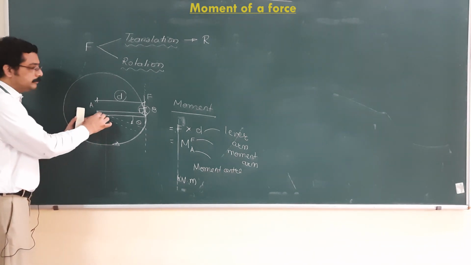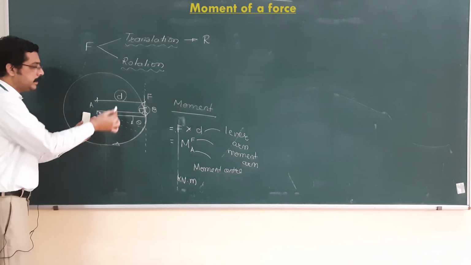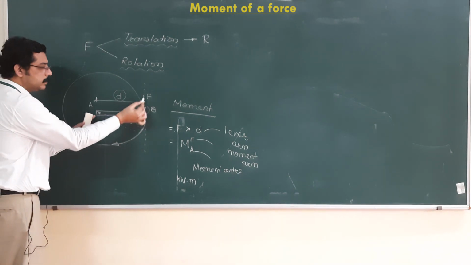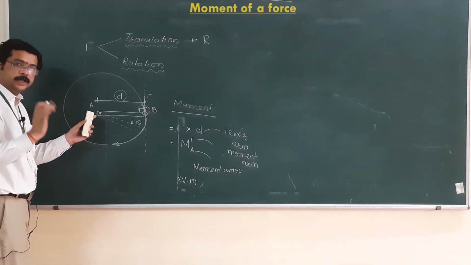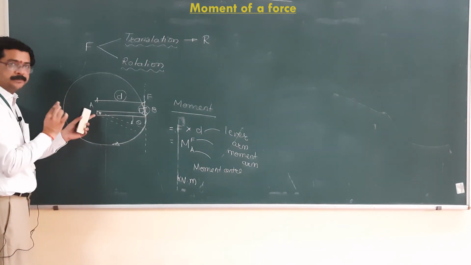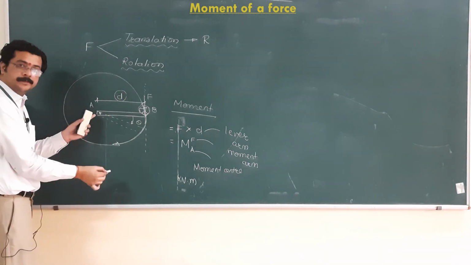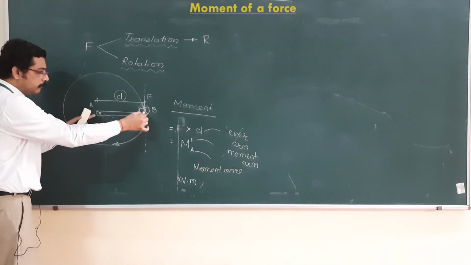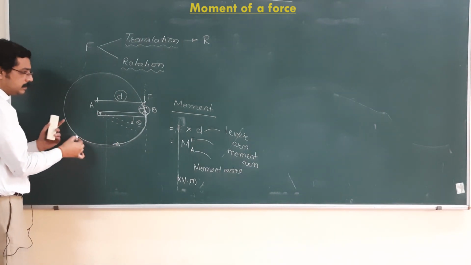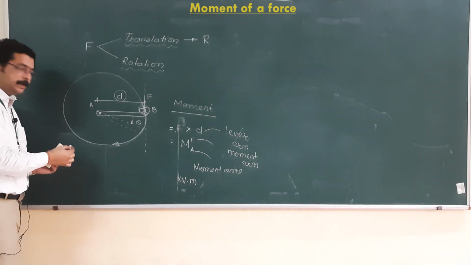This is center A, this is the radius, let us say d. So, instead of small r we are saying it is d, and thereafter we have this force F. Treat this force F as the tangential force, okay, and we want to form a circle with the help of this force. In which direction is this force acting? It is shown to be acting downward. Hence, from this point, with this much radius, we will draw a circle. The circle which will be formed will be clockwise, okay.